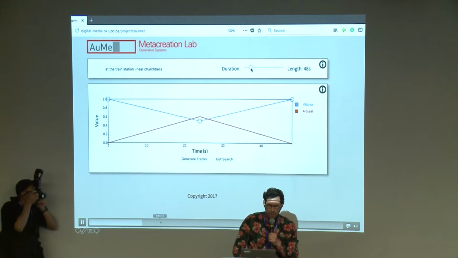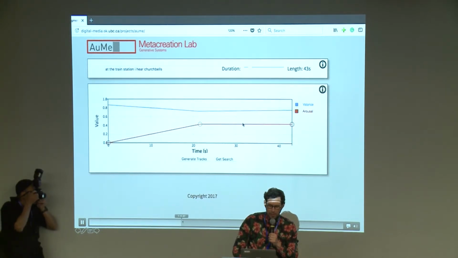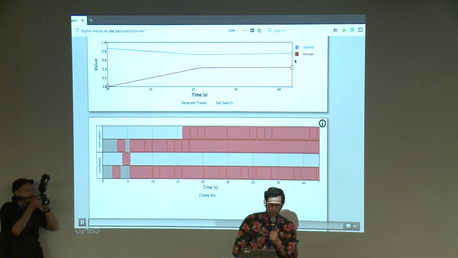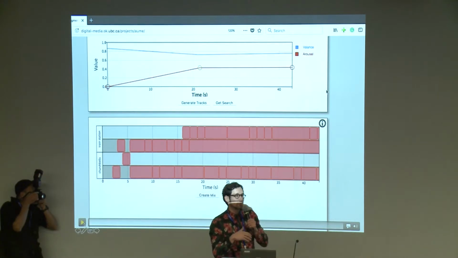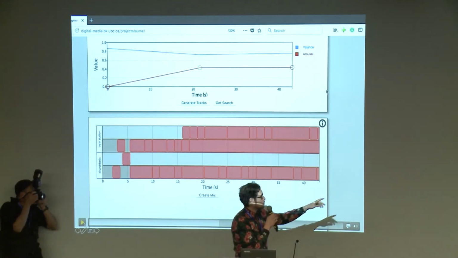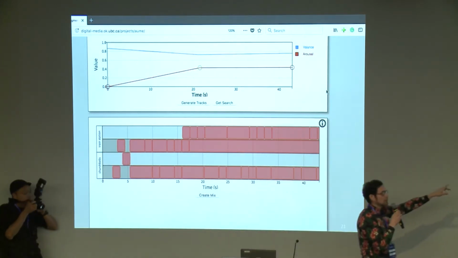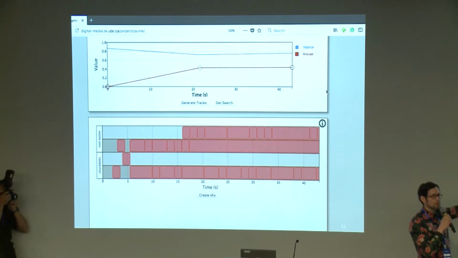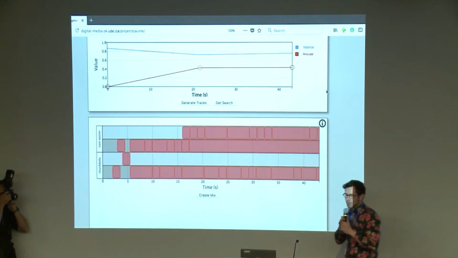And eventually, the system is going to go into a database, select sounds, break them into pieces, and put them together into a mix, which you can directly download in Pro Tools, or render for yourself to listen to and generate another one if you don't like this one. And if you show that to a sound designer, finding all those sounds on a hard drive, or even using a simple database with keywords, cutting them together and putting these 35 sounds together, that's half a day of work